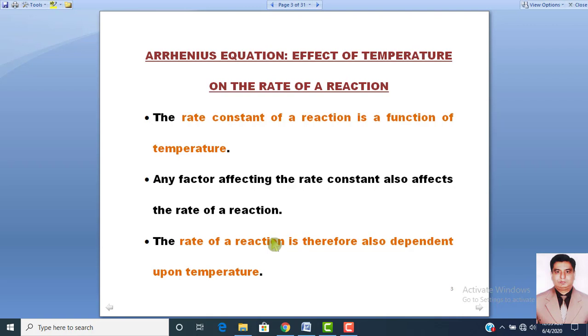It is a common thing that if we increase the temperature, the rate of reaction will increase. Lower down the temperature, the rate of reaction will decrease. But the question is, what is the quantitative relationship between temperature and rate of reaction? How much we increase the temperature, how much the rate of reaction will increase. How much we decrease the temperature, and how much the rate of reaction will be slowed down. So, to answer this question, what is the quantitative relation between temperature and rate of reaction,